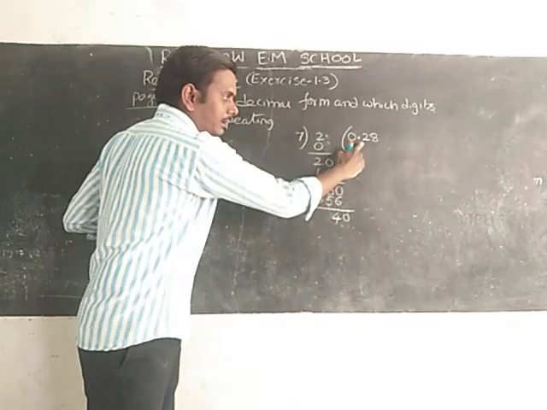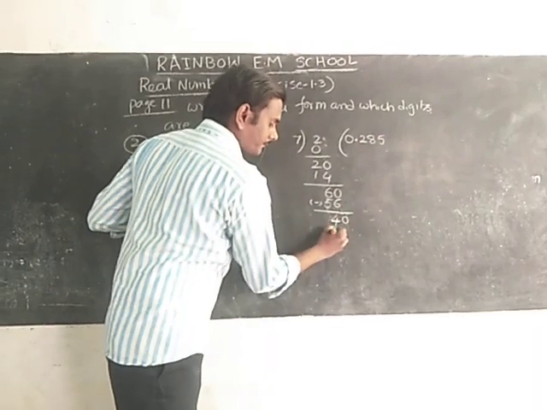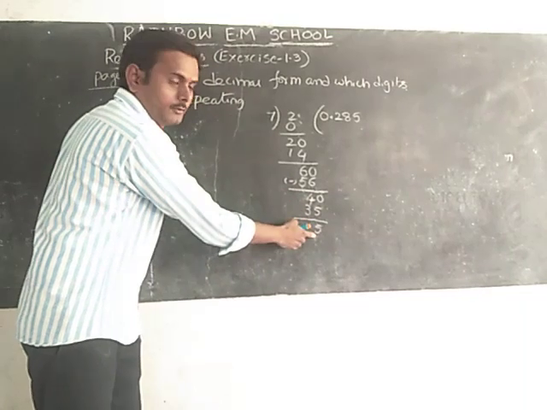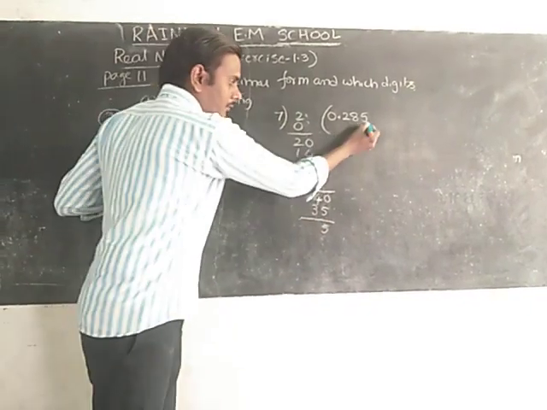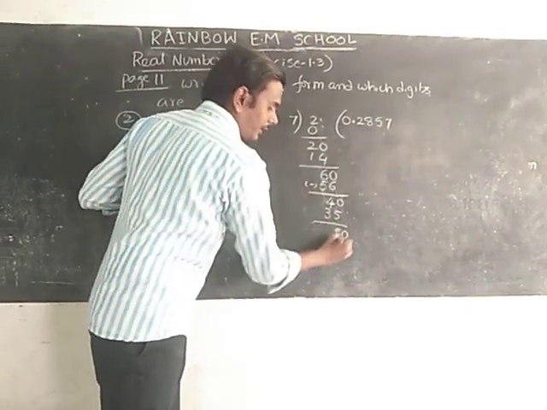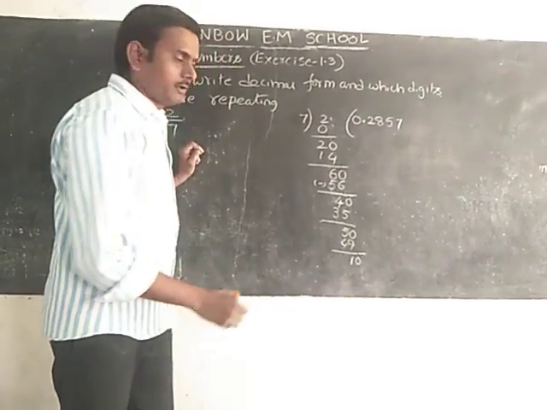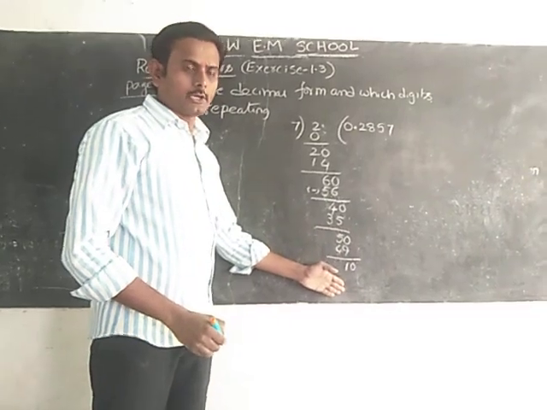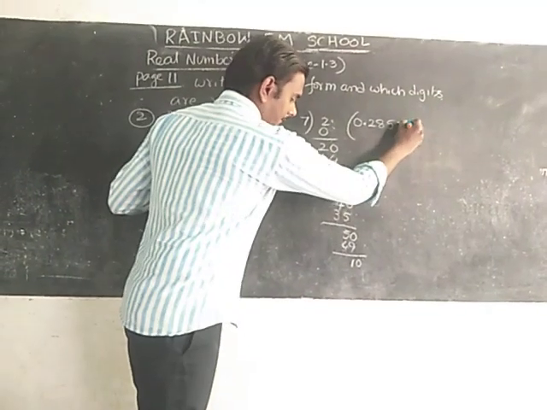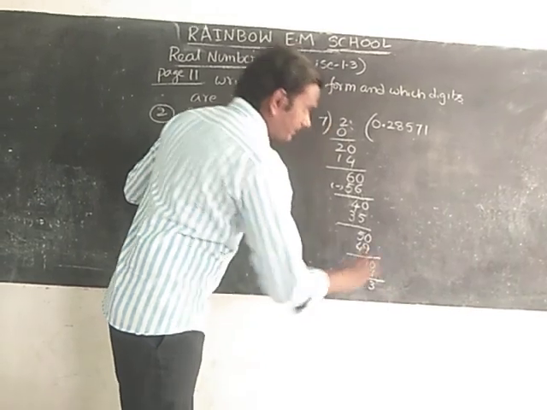Now we have to do further calculation. Take one more zero, because here we have the point at the quotient place. For 40, the nearest number is 7 fives are 35. The remainder is 40 minus 35, which is 5. Again we want to do further calculation. Take 0. 7 sevens are 49, and we get remainder 1. Again take 0. At a time we can take only one 0; if you want to take another 0, we have to place 0 at the quotient place. Then 7 fours are 28, remainder 3.